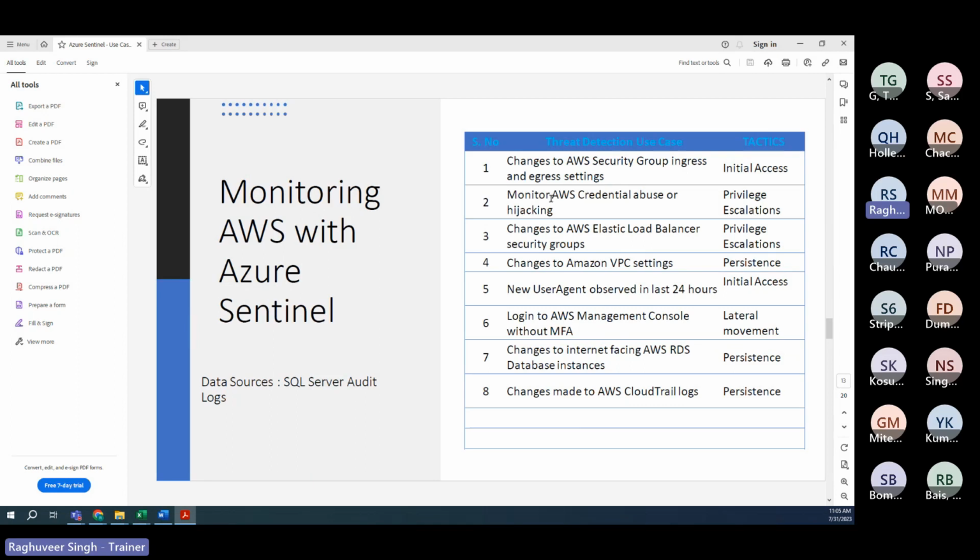Right now, we have configured in our lab the integration with the AWS CloudTrail service, which is equivalent to the activity log, and all the administrative changes, events in AWS are getting reported into our Sentinel workspace. So these are some of the use cases that you can configure in AWS, which is when somebody changes an AWS security group, which is similar to a network security group in Azure. Credential abuse or hijacking, which is brute force attack, changes to AWS Elastic Load Balancer security group,